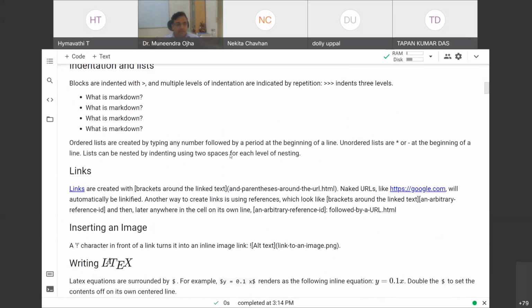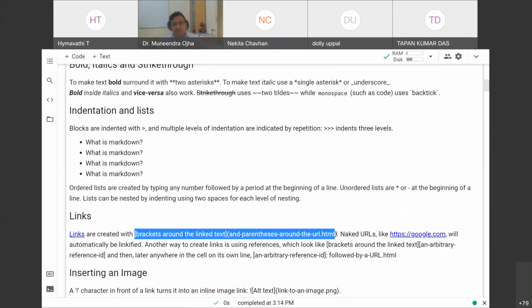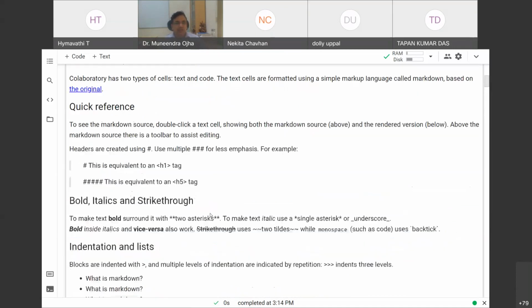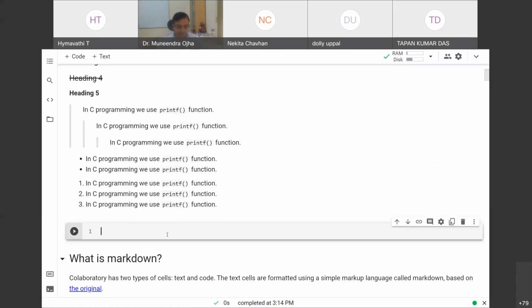Okay, what next? If I have to create a link, we do it like this. We have square brackets, and after the square brackets, see, this is a code cell, I converted it to a text cell.